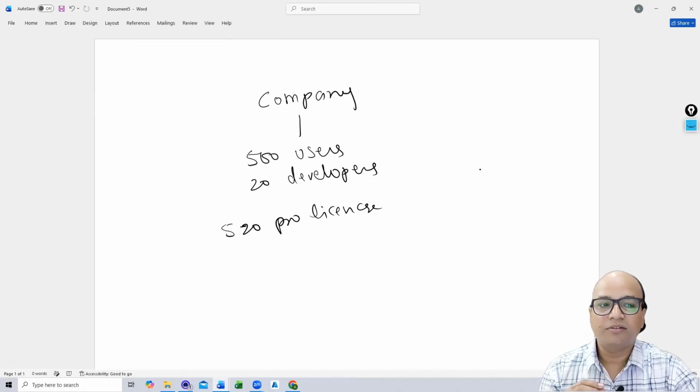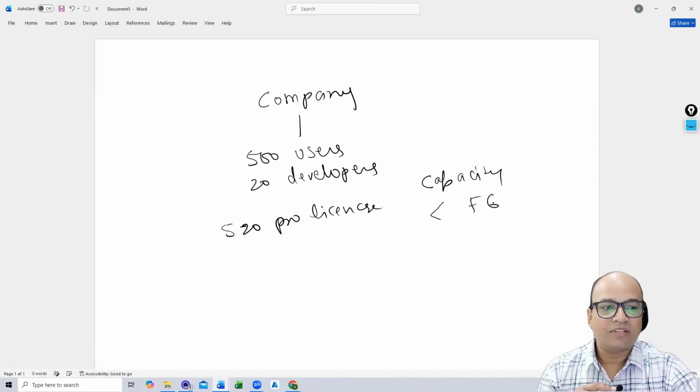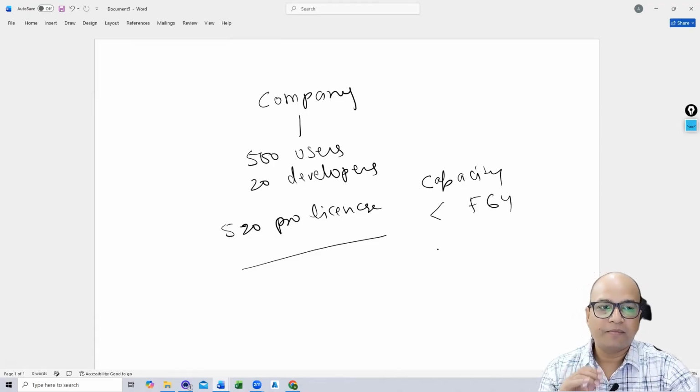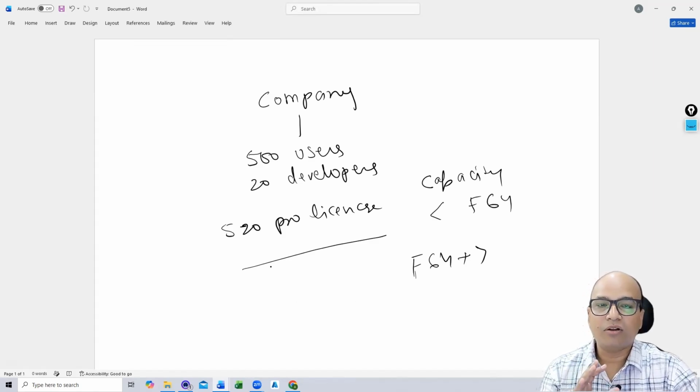Do they need to buy it? Yes, if they have capacity that is less than F64, then they need to buy. It does not matter whether all are developers or all are only users, they need to buy it. But if the company has capacity like F64 or more than F64, then they do not need to buy all 520